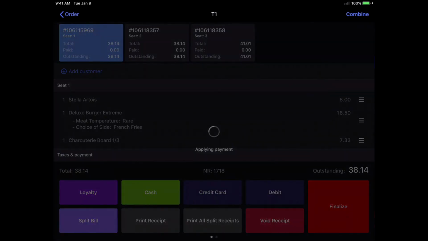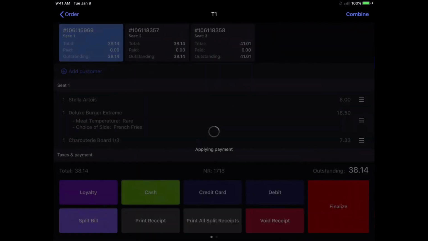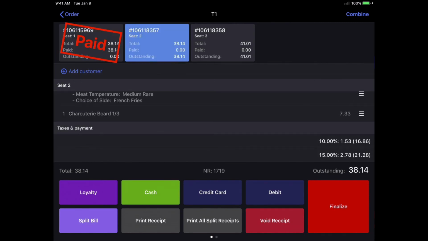I can select the cash payment type, enter in the amount of money they gave me, and then I can see how much change I need to give the customer from this pop-up screen. I can also see how much change is due for the customer from the bottom right-hand corner of the screen as well. For the second receipt, I'm going to pay with a credit card by selecting the credit card type